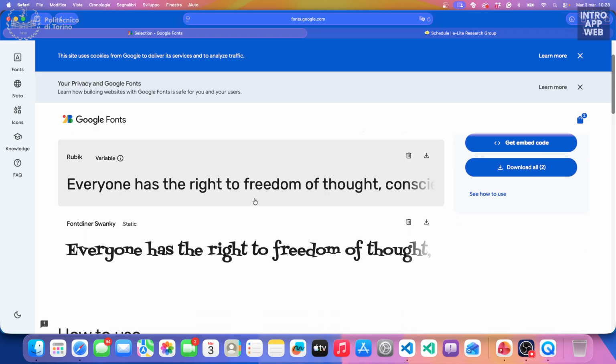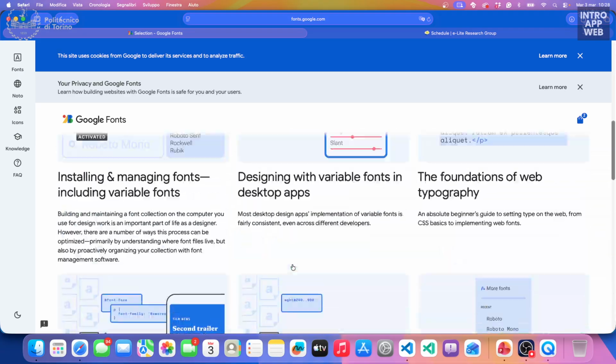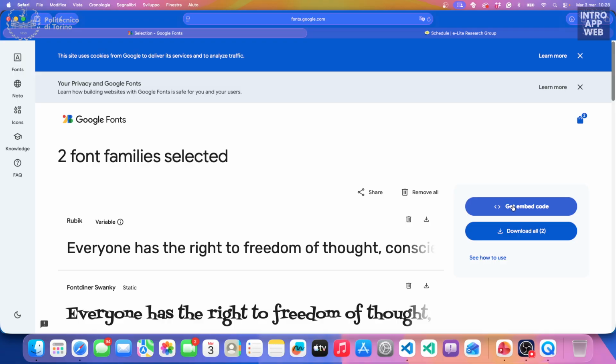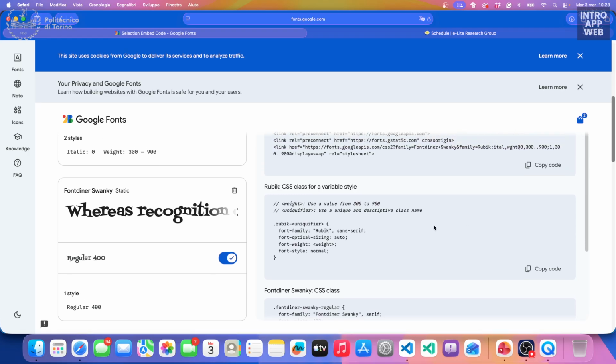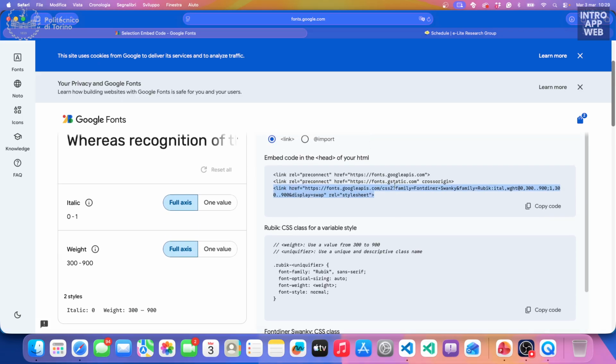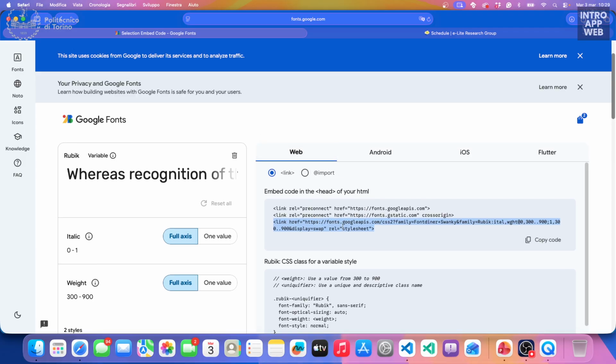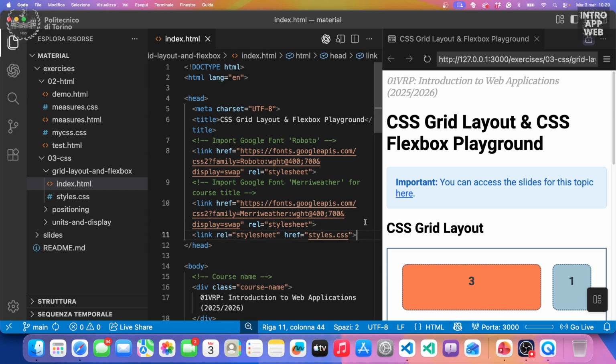Okay, first I had also this one. And with Get Font, let me remember how this worked. But I think you click here on Get Embed Code. Yeah, and we copy this link basically. So you see that here for the web it behaves this way. So we copy the link, we paste here the link,